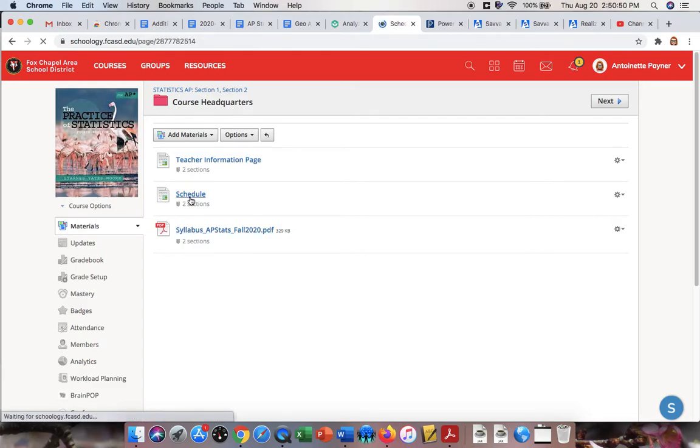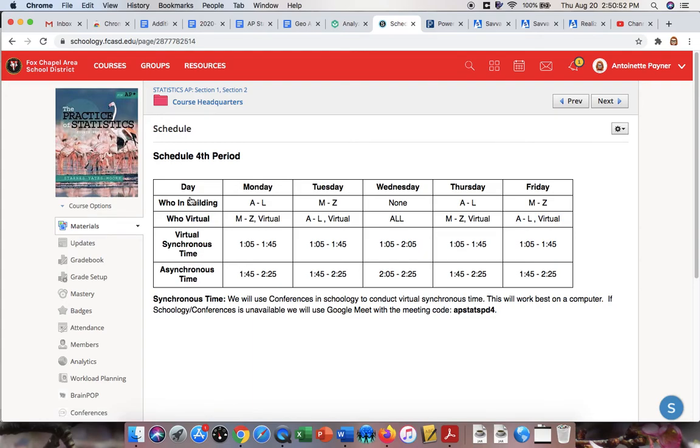The schedule: right now I only have period 4 up here. I'll have a similar one for period 3 though. With period 4, the way I have the schedule working here is Monday, who's in the building, who's virtual, what's the virtual synchronous time, and then what is the asynchronous time. So when you are in the building, there's only 40 minutes of virtual synchronous time. My 40 minutes is at the front of the period, so everyone will be joining us for the beginning part